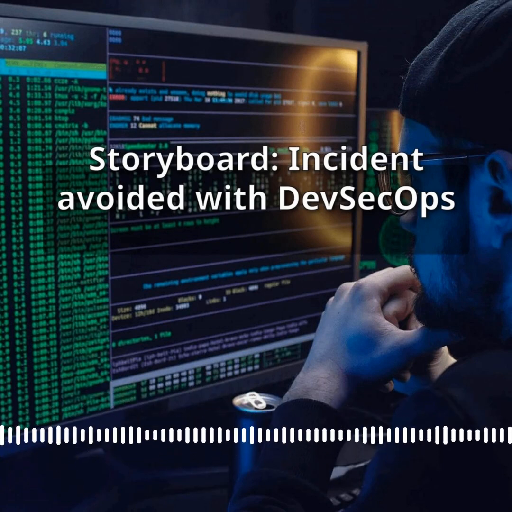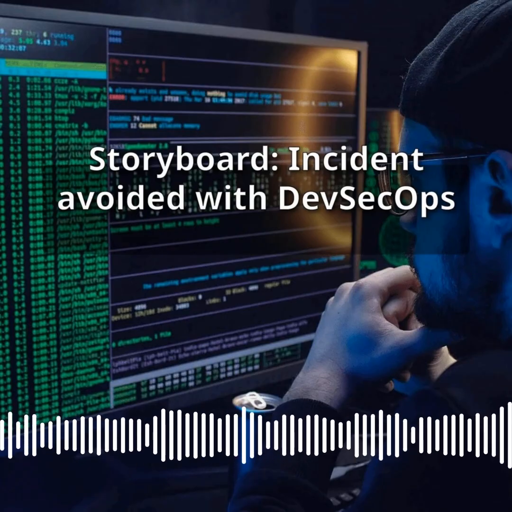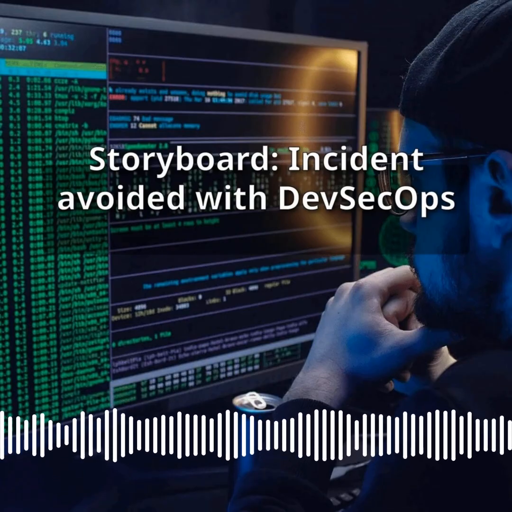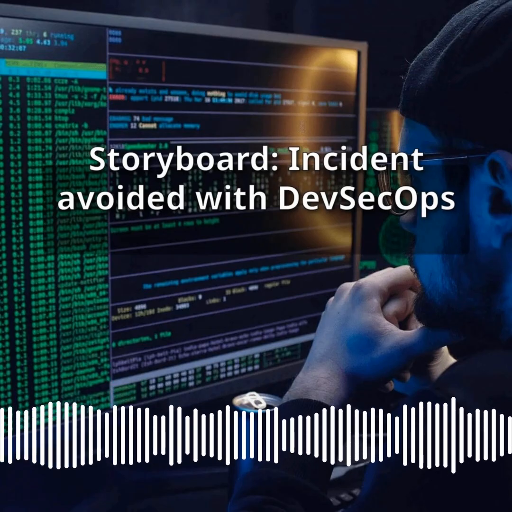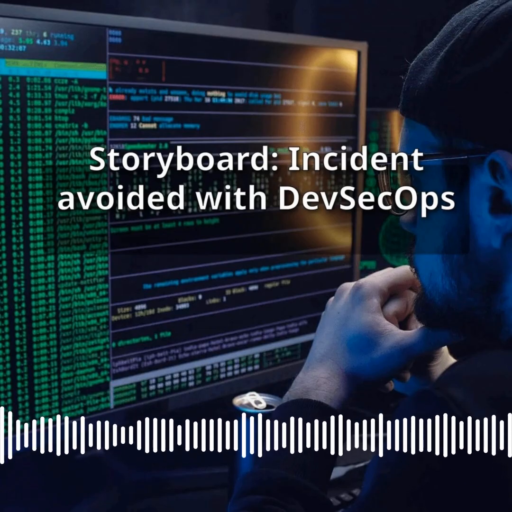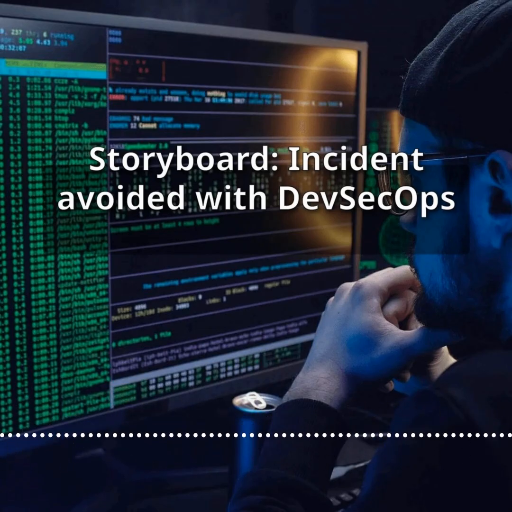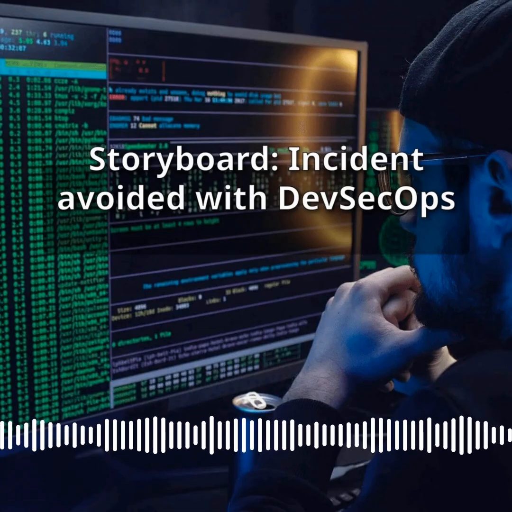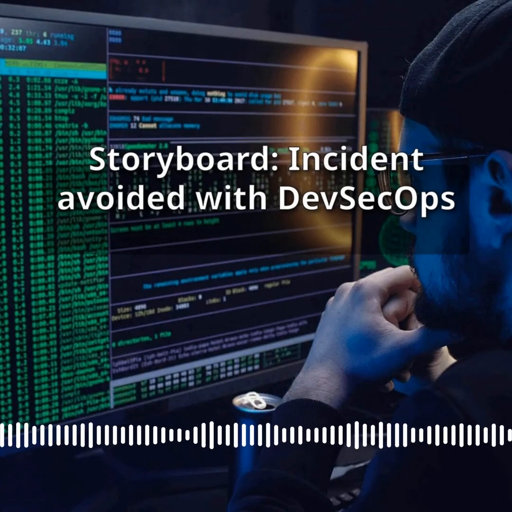Introduction. Why a storyboard approach? Throughout the previous activities, you have explored what DevSecOps means, how a continuous integration and continuous delivery pipeline works, where security checks fit in at each stage, and how artifacts and checkpoints protect a project from dangerous code reaching production. Now it is time to bring all of this together in a concrete, narrative scenario. A storyboard that follows a real-world style incident from its origins to its prevention, thanks to the practices you have